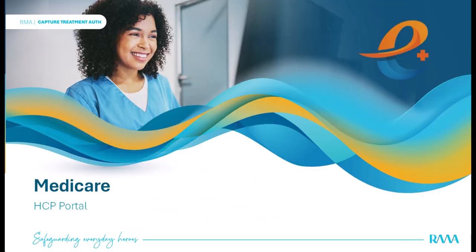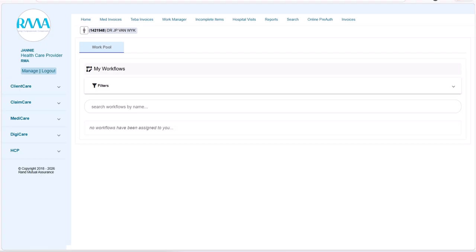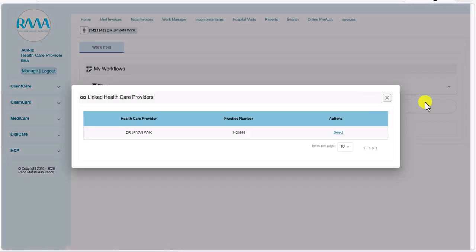In this video, we will show you how to capture a treatment authorization for wound care. Once you've logged in, start by confirming that the correct practice details are displayed. This includes the practice number and the practice name. Head over to the person icon and click on it. A pop-up will appear. If you have more than one linked practice, go ahead and select the correct profile from